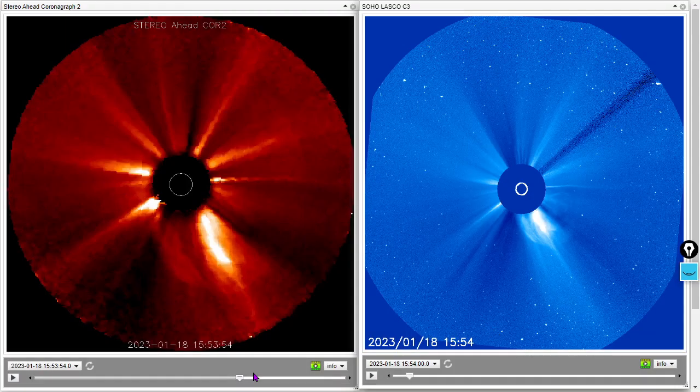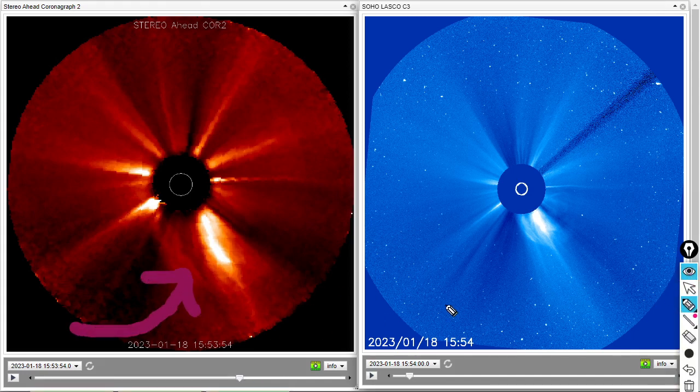So we paused it here at January 18th at 1553 and 1554. Because what we're looking at here is this filament eruption. See that on both images there. So from SOHO-LASCO C3, that looks like it will miss to the south and west. Let's advance this a little bit